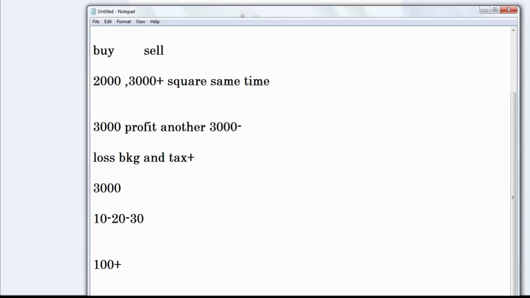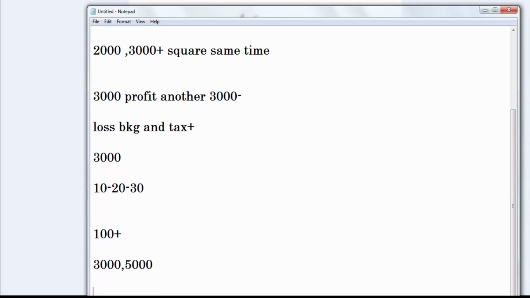If I demand 3000 per month or 5000, these 100 plus people will definitely buy it, because every day they watch that I'm making 3000 or 2000 profit. So they think that within a day they can recover this charge fee, and from the next day onwards they also make this profit. So I will easily get 3 lakhs, 5 lakhs,